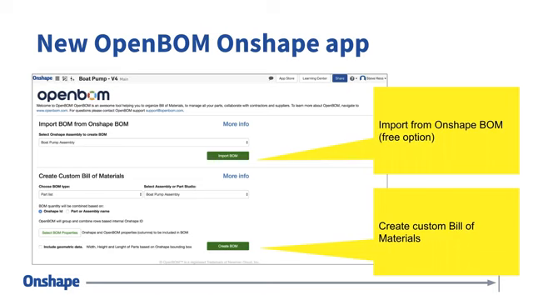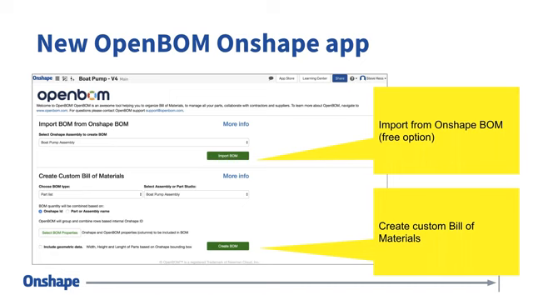And yes, this is the main part that I want to focus on. If you ever tried OpenBOM, when you add bill of materials to Onshape, what you will see now is a new application screen that gives you 2 options. The first option on the top is called Import Bill of Materials from Onshape BOM. We will make a demonstration later today.